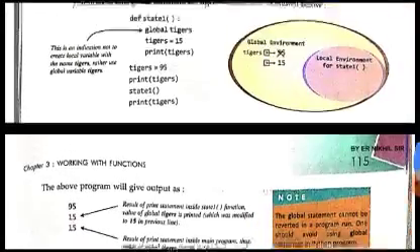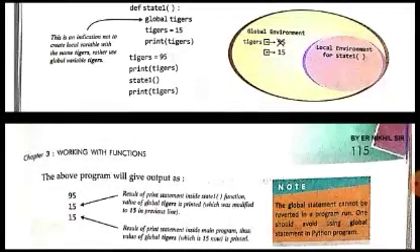Now you see the same program will give the output as, first of all the first value will be 95 because that was the value before passing the value to the function, and then after that what will happen, the second value will be 15 which is inside the function, and the third value will be again 15 which is the value which is printed after returning from the function.